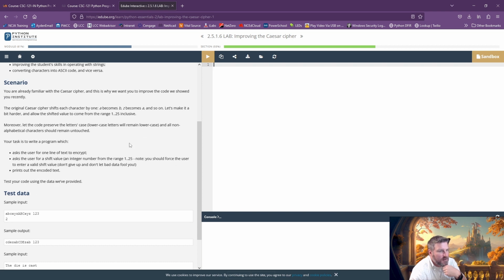Okay, this is the Caesar cipher, or improving the Caesar cipher. So if you've never heard of the Caesar cipher, this is when, I don't know, encryption began. You'll hear this in other computer classes if you haven't all heard it already. But apparently Julius Caesar would encrypt messages he would send to his troops or important people or whatnot, and that's